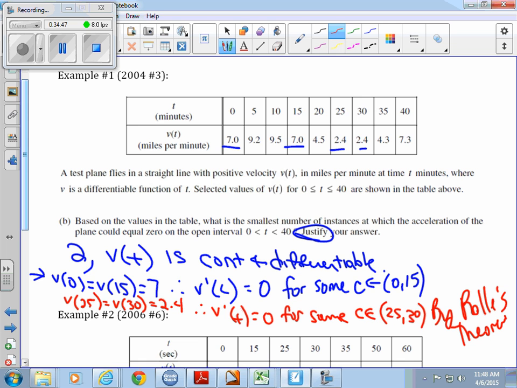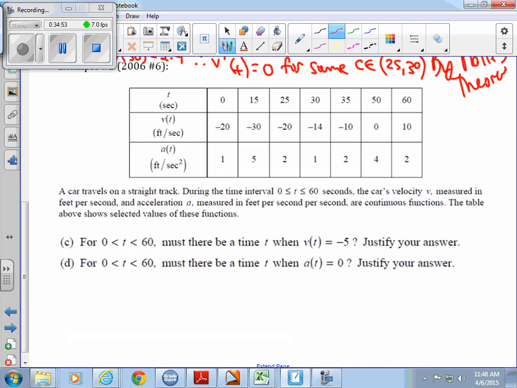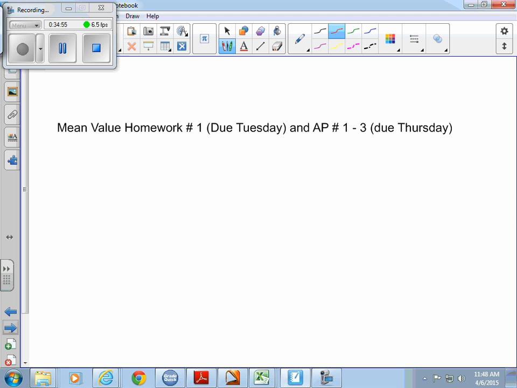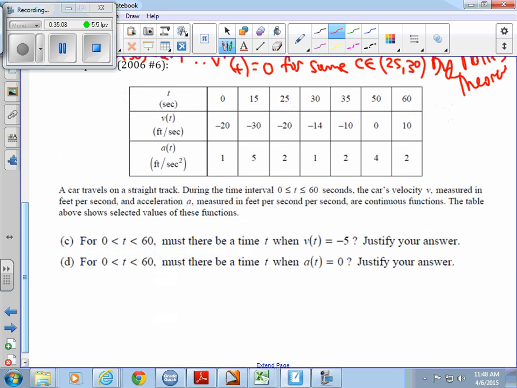Okay, we will do another AP problem tomorrow in class. So, quick reminder, mean value 1 is due Tuesday. Mean value 2 is due Wednesday. AP 1, 2, 3 is due Thursday. So you can tell we don't have a lot left to cover. Again, I'm going to do a review PowerPoint as well. So we'll have those 2 things, and then you'll have some more time tomorrow. Also, we will grade F, F prime, F double prime. If you had any questions, you have a